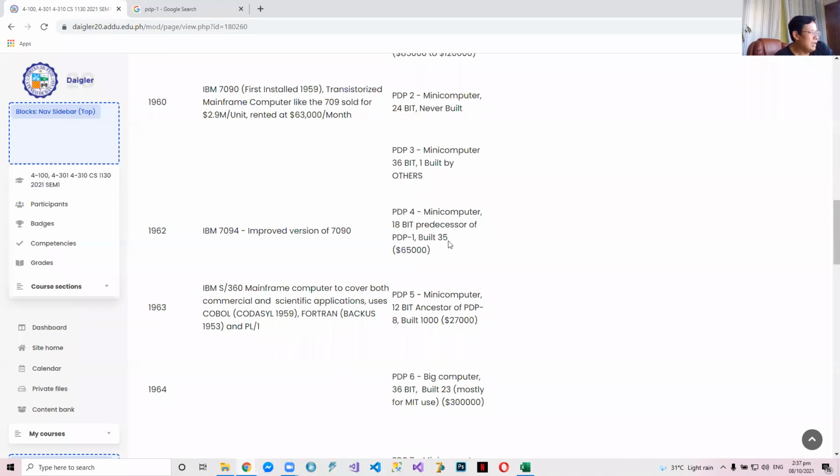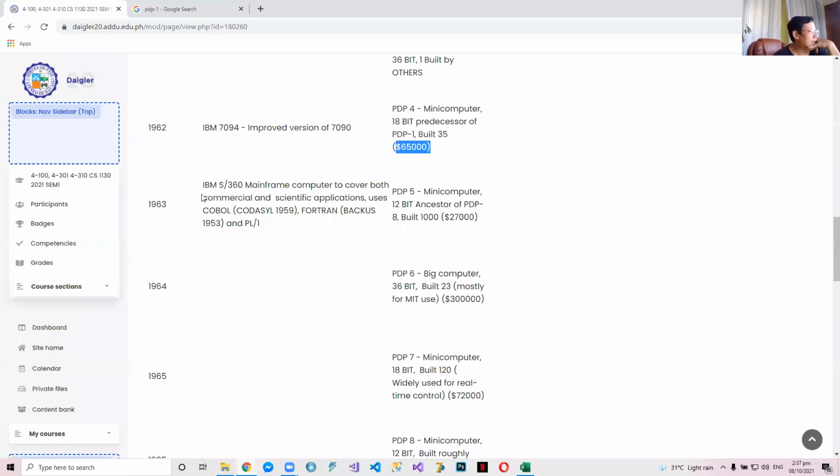Okay, IBM released the 7094, a higher version. DEC sold at $55,000. In 1963, IBM stopped producing 7090s. They started producing, no,